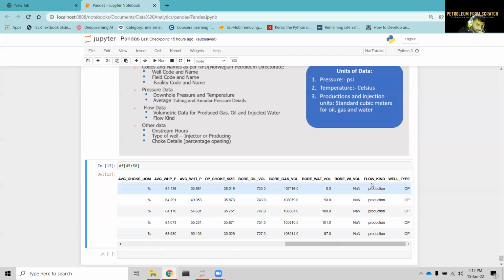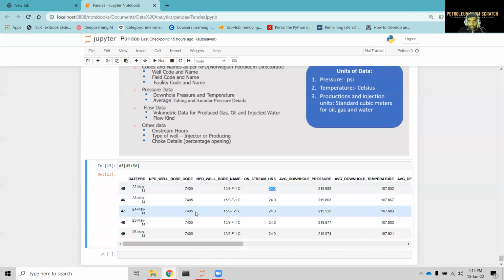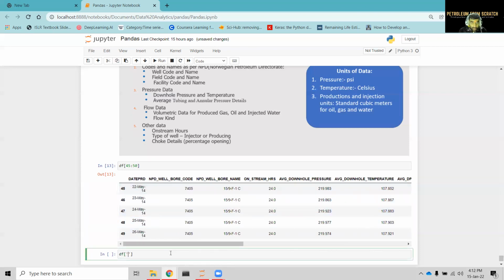Flow kind is showing whether we are producing or we are injecting. So flow kind is production, and well type is showing whether the well is an oil producer well or a water injection well. That's why you can see here OP. As I said, there were a total of 7 wells. You can also see that here. We are not going to discuss that scenario in detail, but you can see there are a total of 7 wells. How you can see: just write the name of your column, DPNPD wellbore name or wellbore code, as these will be one-to-one mapped. And here you can write value counts,